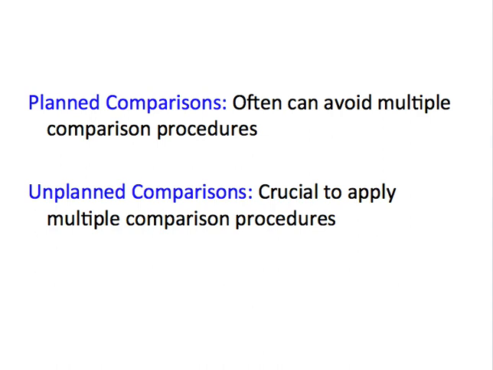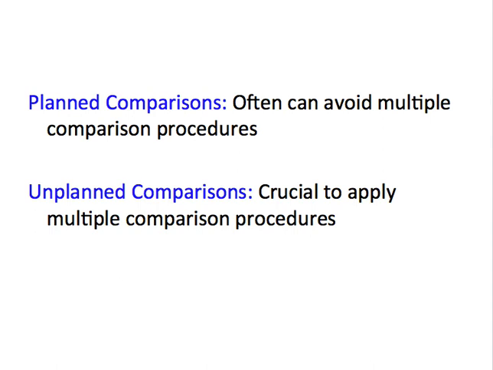One perspective on handling the multiple comparison problem is to distinguish between planned comparisons and unplanned comparisons. If I plan ahead of time, if I have a research plan that says, here are the tests I'm going to do and the intervals I'm going to create, and there are 6 of them, and these are the only 6 tests I'm going to do, then often you can philosophically avoid doing special procedures for multiple comparisons because you said ahead of time